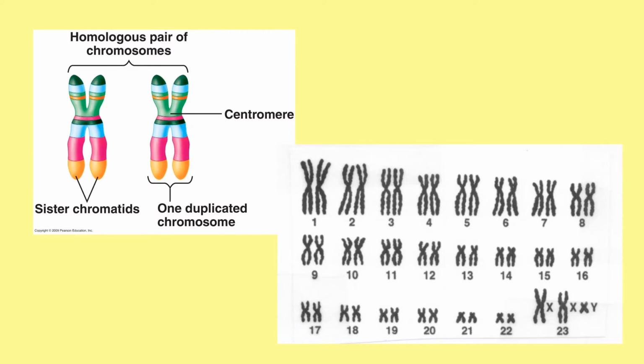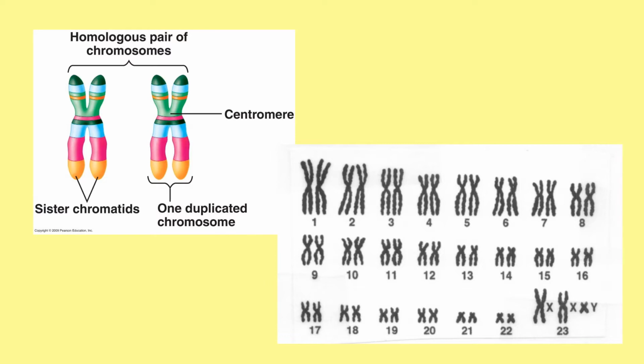Now, before we take a look at the different chromosome mutations, I want to take a little bit of time to explain to you what a homologous pair of chromosomes is, because you've not really taken a look at this so far. Within the cell, if we're looking in the nucleus of a eukaryotic cell, remember that we have linear chromosomes. In a human eukaryotic cell, our DNA is arranged into 46 linear chromosomes, and they are arranged in pairs. You can see here on the right hand side we have a picture of the human chromosomes arranged in